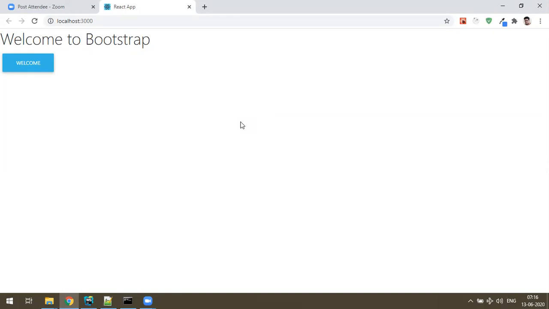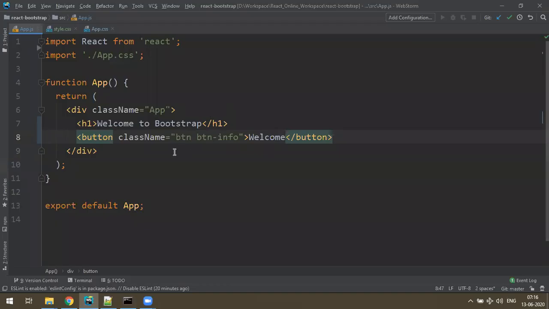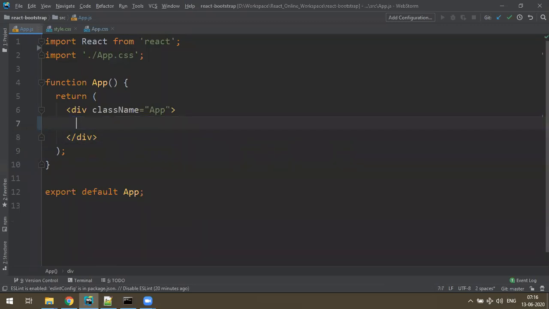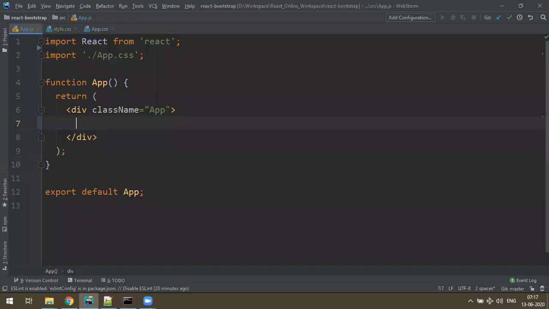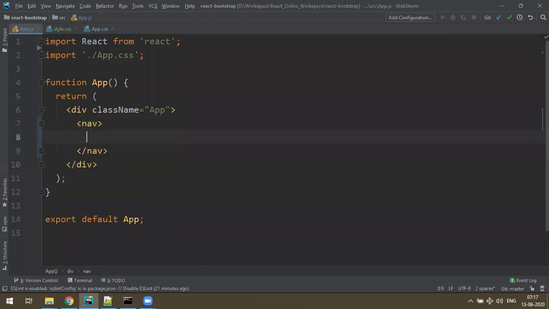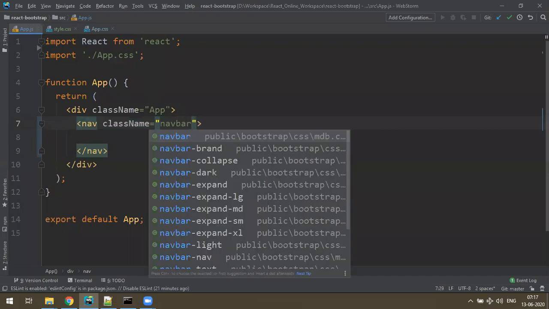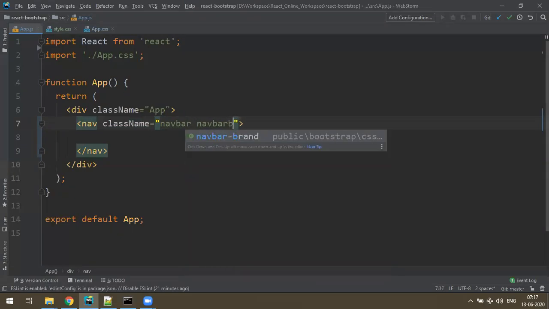Fine. And now, yesterday we discussed the props concepts and all those, right? So now let's make some good example on Bootstrap as well. So now what we do is, I don't want h1 and all. I just wanted to make a nice navbar here. Okay. So how to make a navbar? Let's start with the Bootstrap navbar. You need to write a nav tag. You give the class called navbar, and navbar brand.